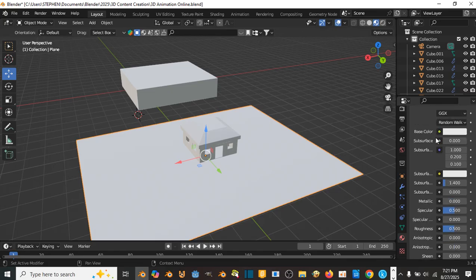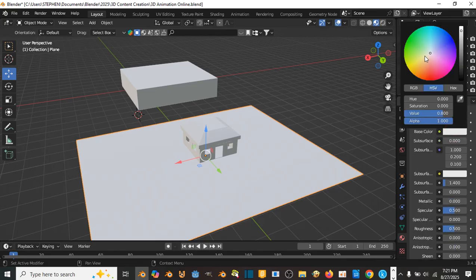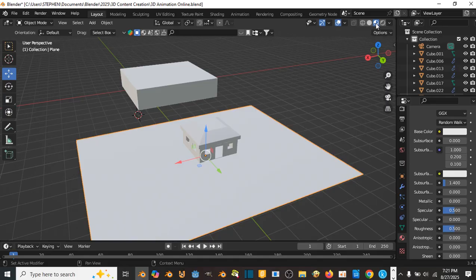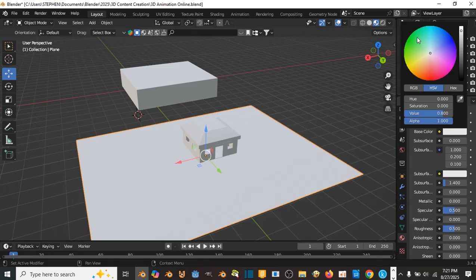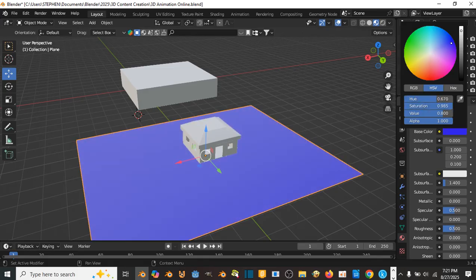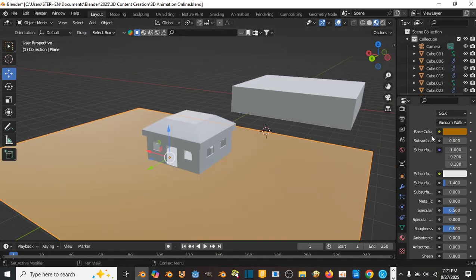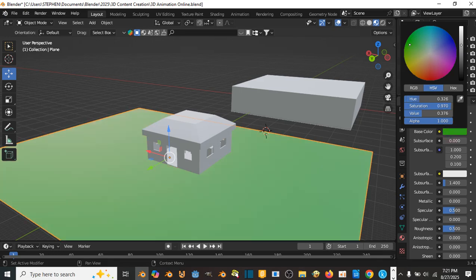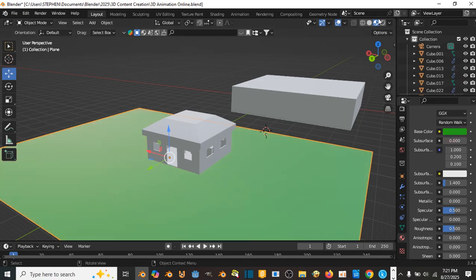So if you come down to the base color here, if you click here, remember we have changed this to material mode. So if I change the color, you will see the color now. If I click on base color, you see any color I choose. If I drag this down, it's going to become darker. Any color I choose, you actually see it in the viewport. In case you're not seeing this, make sure you are in the material viewport before doing that particular thing I'm doing right now. So now we have the green